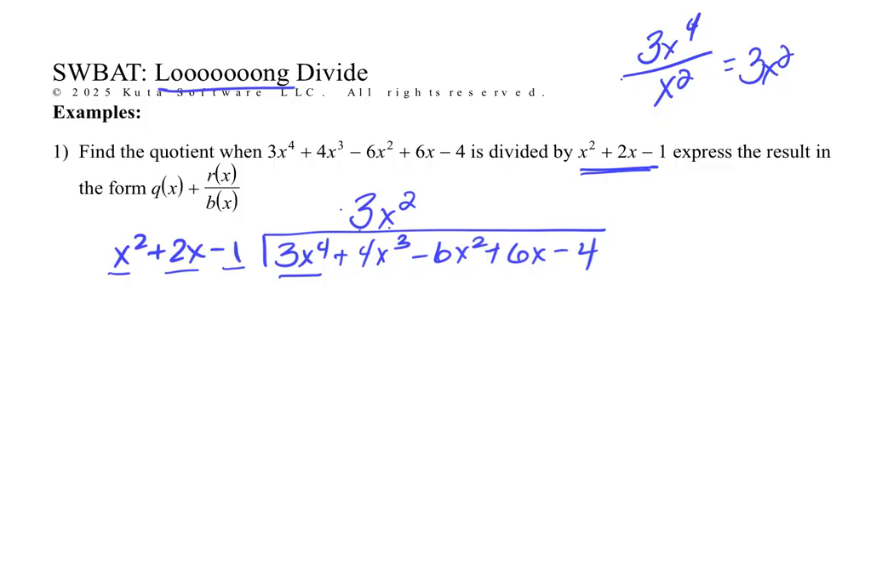3x squared times x squared is 3x to the 4th. 3x squared times 2x is positive 6x cubed. And 3x squared times negative 1 is negative 3x squared. Draw the line, change the signs, and combine. So